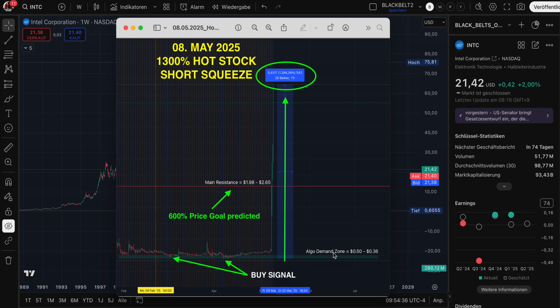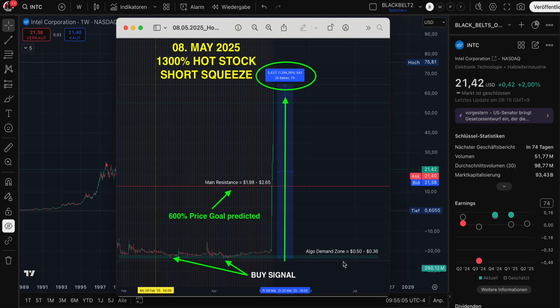I knew the stock already. I mentioned the stock here in February 2025. This is exactly what I mean when I see that a stock is completely oversold in a very negative sentiment, but shows signs of a potential recovery, or even a short squeeze. These are exactly the stocks I trade. Of course, Intel is a much more, let's not call it safer way, but a more easily readable way. But these are the stocks, guys, which I'm focusing on.